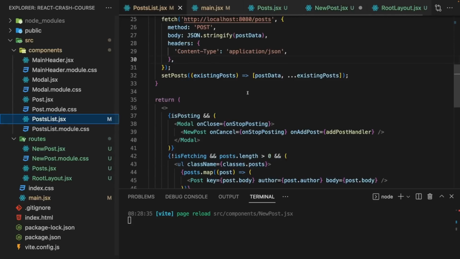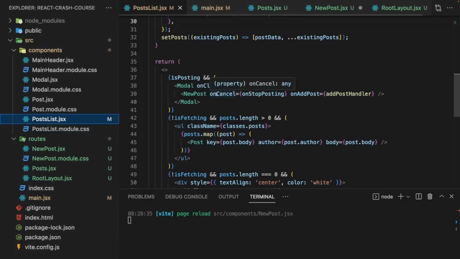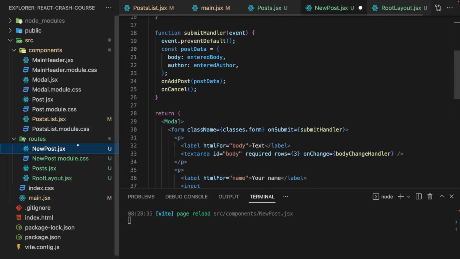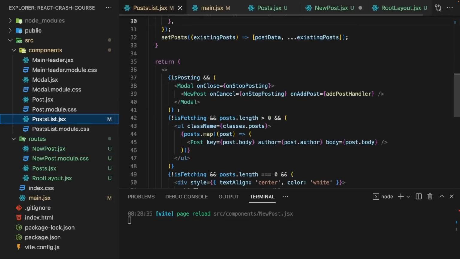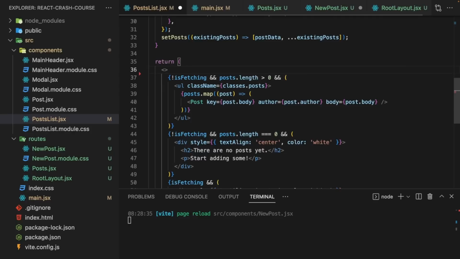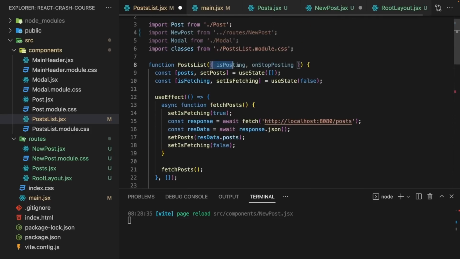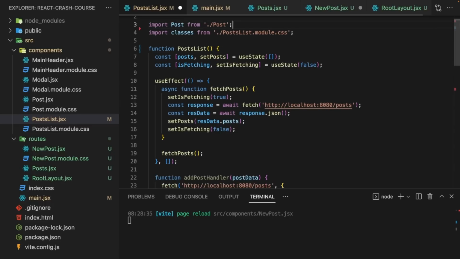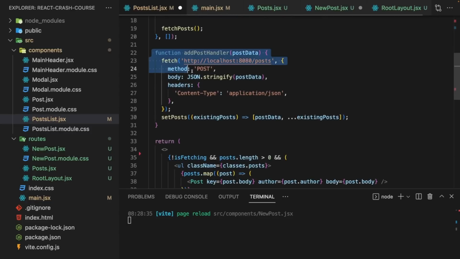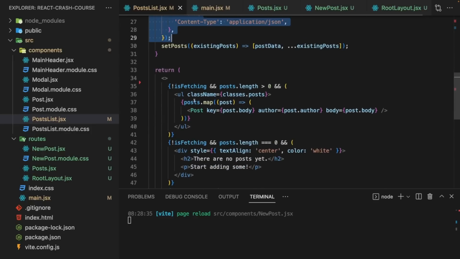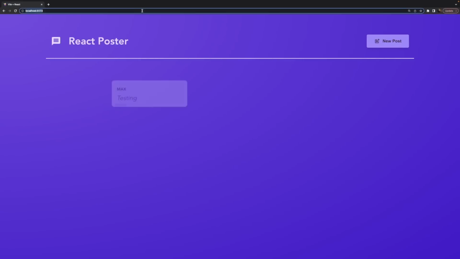And in the posts list component, I want to clean up this component. This should no longer be responsible for also adding new posts. Instead, that will soon be taken care of inside of the new post component. So in the posts list component, we can get rid of that code where we render the new post component in a modal. We can therefore get rid of this isPosting and also of the onStopPosting props. Get rid of these two imports, which we don't need anymore. And also, theoretically here, of that addPostHandler function, but I'll keep it for the moment because I will soon need that code again. But with that, if we save this, if I now go to